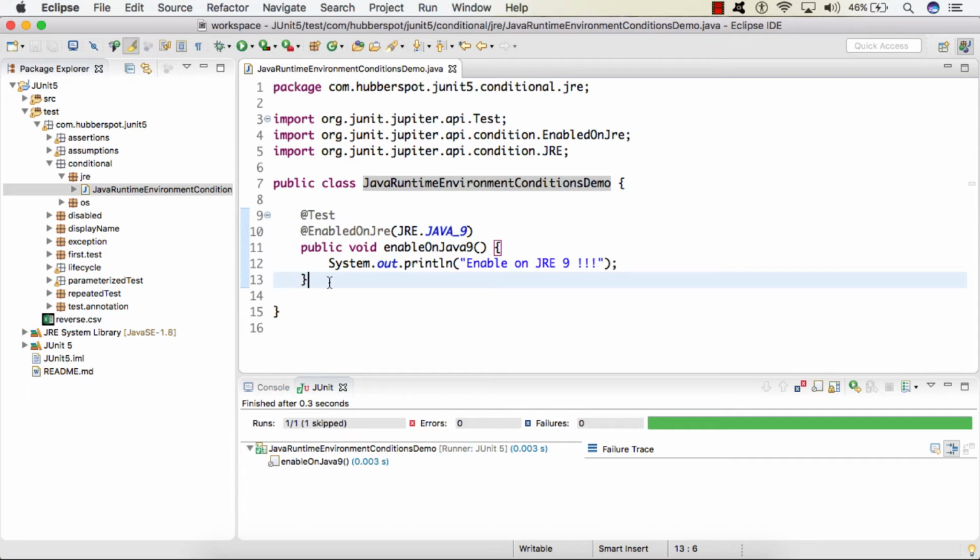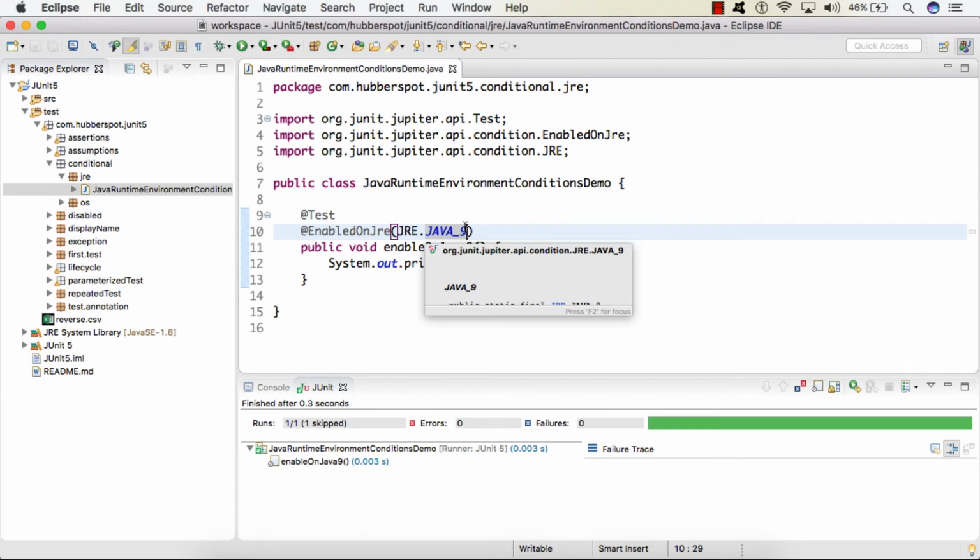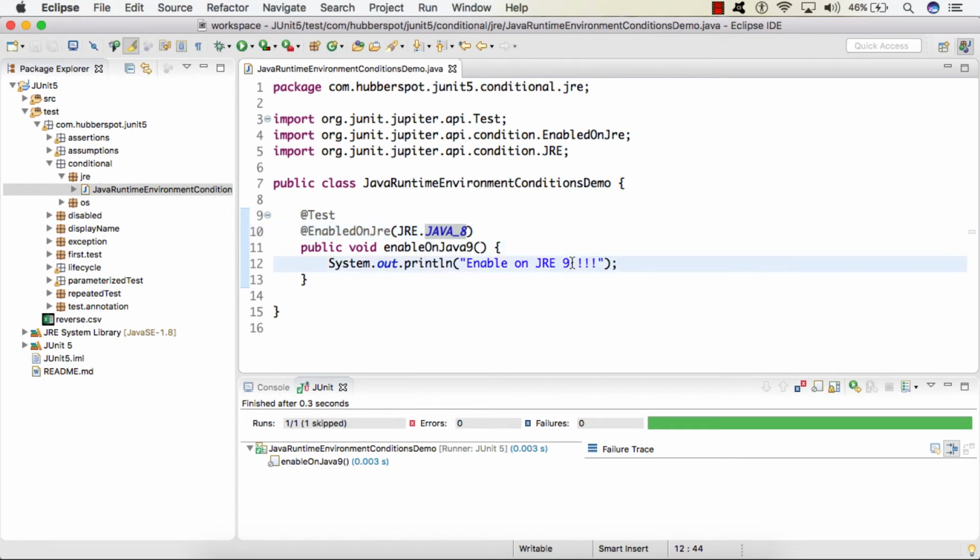So if you want to enable this test case on Java 1.8, we'll simply change from JAVA_9 to JAVA_8, and here we'll simply provide the value 8.